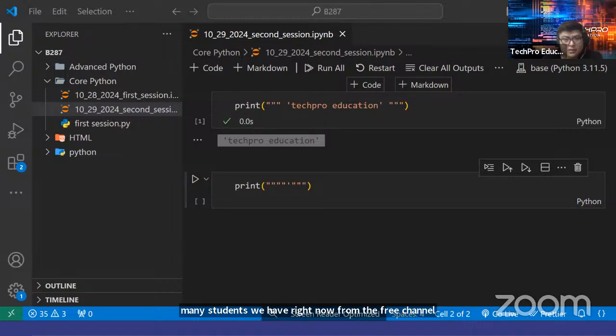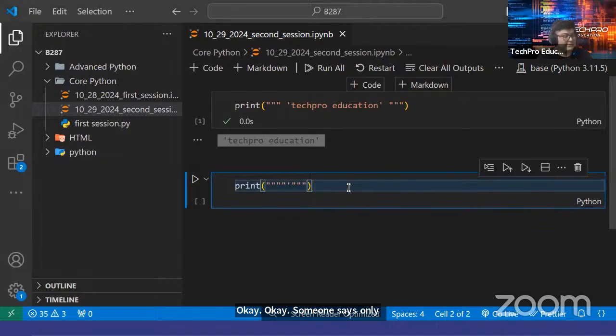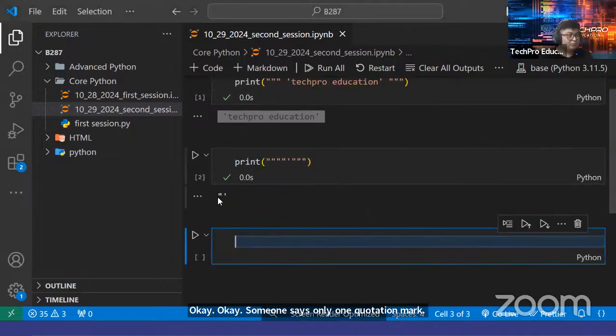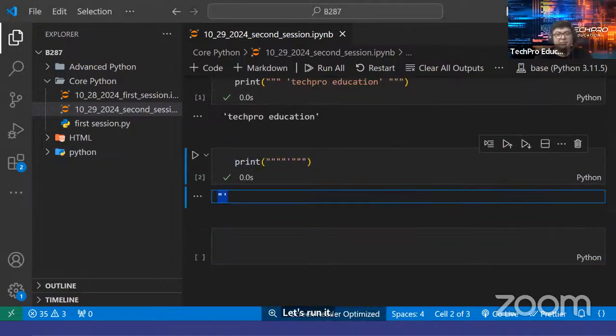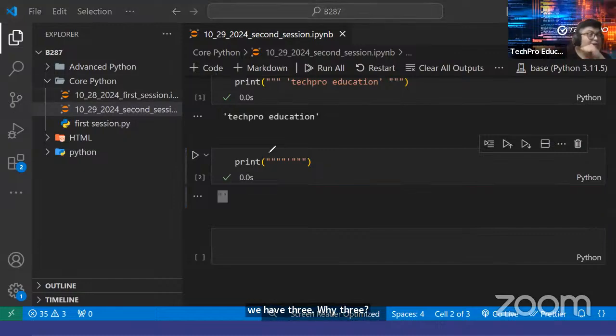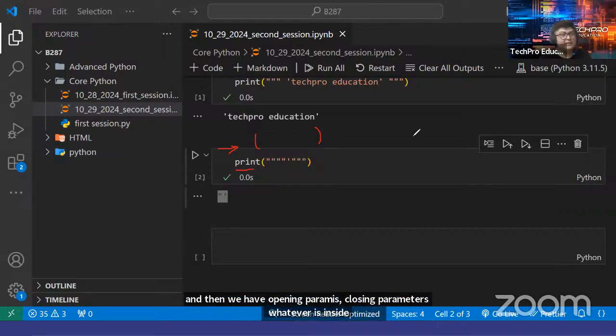Okay, someone says only one quotation mark. Let's run it. We have three. Why three? I told you before that Python starts reading from left to right. It checks the print function, and then we have an opening parenthesis and a closing parenthesis. Whatever is inside the